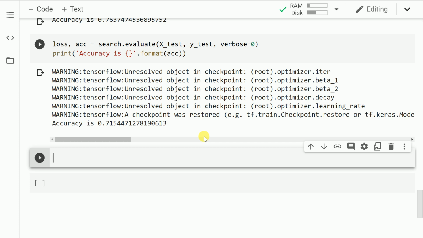So what we just witnessed was a very powerful demonstration of AutoKeras. We never bothered about the structure of the neural network. We didn't even care to look at the activation functions. We didn't even care to look at the learning rate and all the other hyperparameters that you would normally have to tune in order to come up with the most accurate model. So this is the power of AutoKeras, where you can create really sophisticated models without having to do a lot. So yeah, this is something that I wanted to demonstrate in today's video.